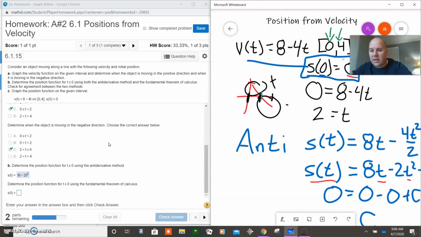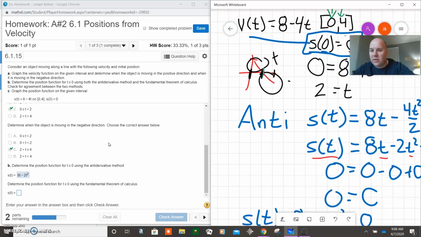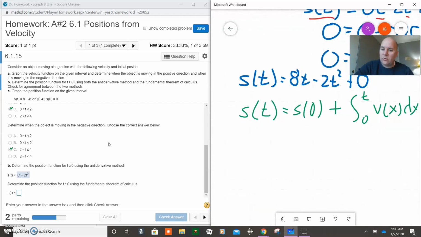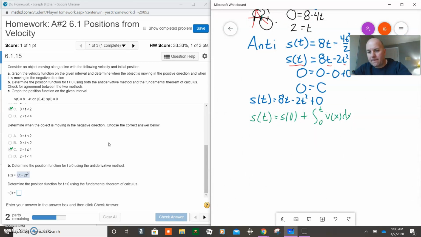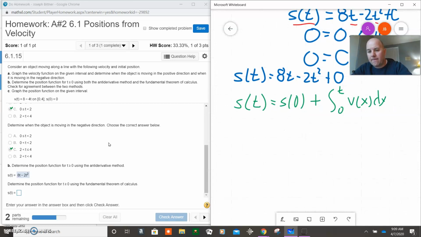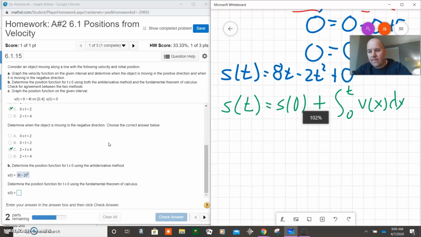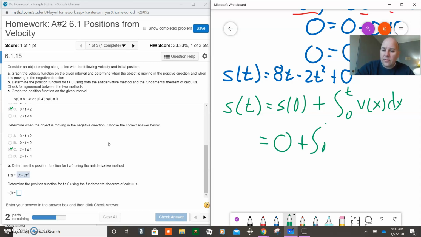the velocity in the initial and plug it in and then actually solve it. What was the constraint? 0 to 4. So really this is just going to be, let me go back to that. Let me zoom back in. There. And basically what that looks like is just going to be 0 plus 0 to 4, and the equation,